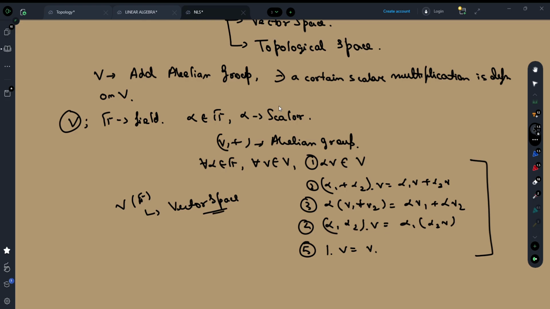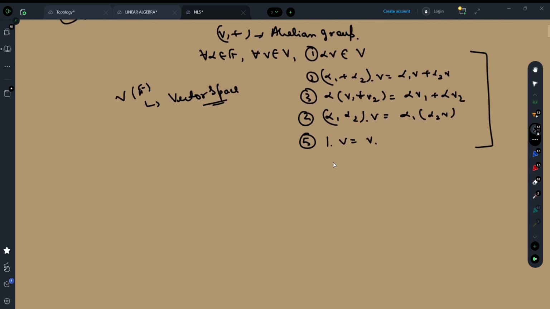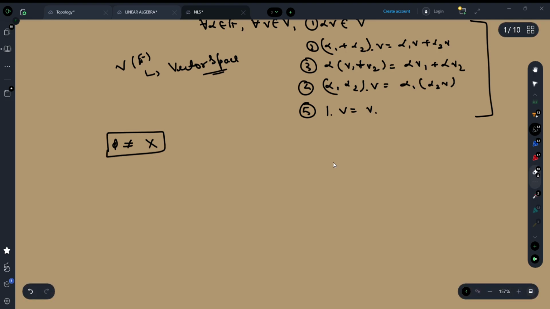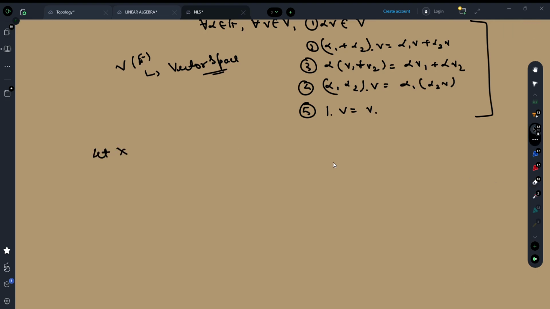What is the concept of a topological space? That's also quite trivial to do. Suppose you have a non-empty set X. You can also choose X to be empty, but that's quite a trivial case. Let me just take X to be arbitrary. Let X be a set. Then a subset tau of the power set of X is said to be a topology on X